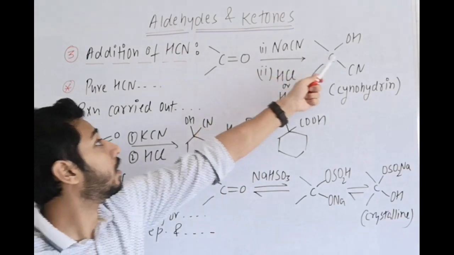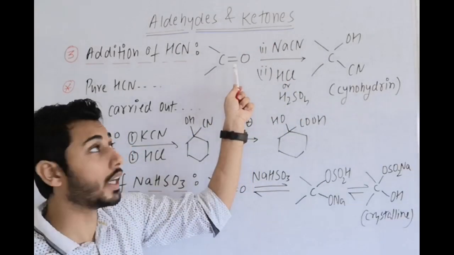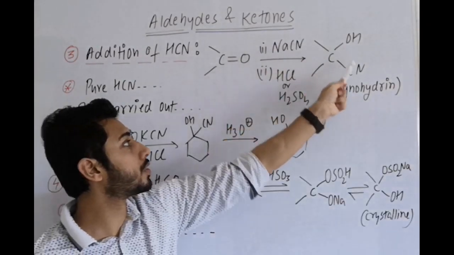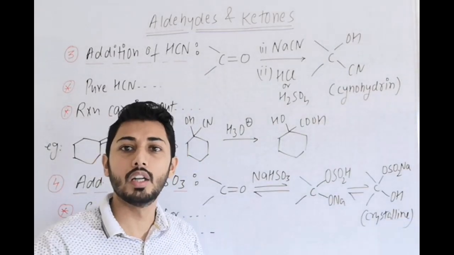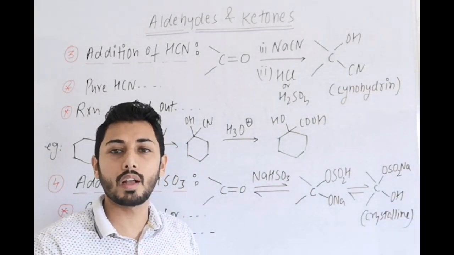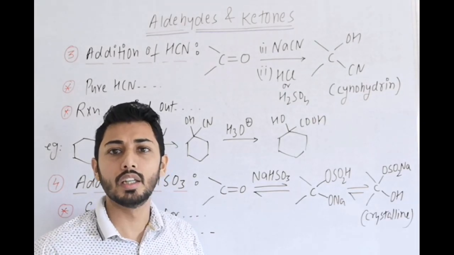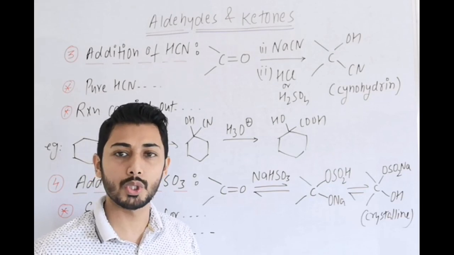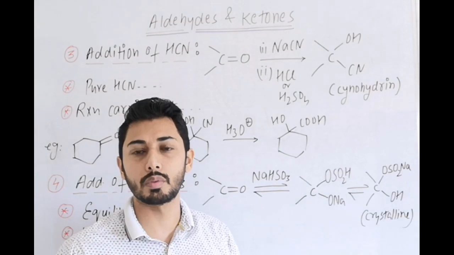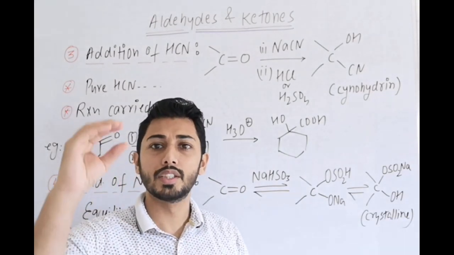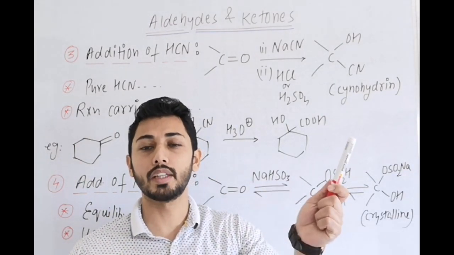Now here, at the carbonyl carbon, O minus forms and CN minus will add on the carbon, and then after H plus addition, OH is formed. This compound is generally named cyanohydrin, or cyanohydrin formation. When a carbonyl compound is reacted with hydrogen cyanide, it finally gives a cyanohydrin, which has OH and a CN group on the carbonyl carbon. If we further hydrolyze it, the CN group on hydrolysis gives a COOH group, that is, a carboxylic group.